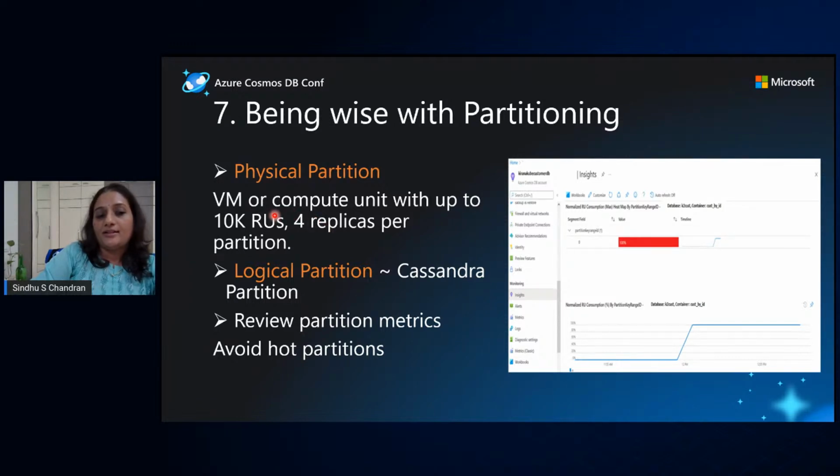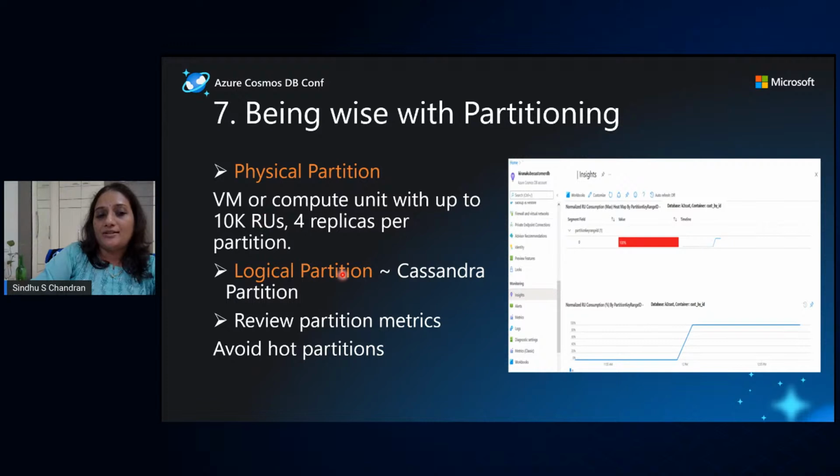So be aware that if you need more than one partition allocated, then you need to set your RUs to more than 10,000. Especially if you are having Flink-like parallel distributed programs where you want to be writing in parallel, or you want to be loading data quickly, you need to be aware that you must provision more than 10,000 RUs if you need more than one partition.